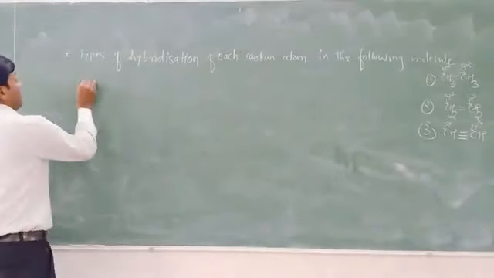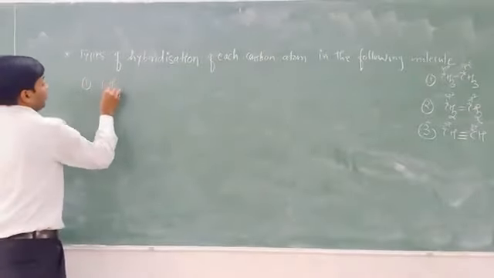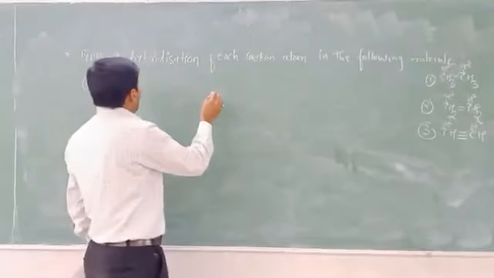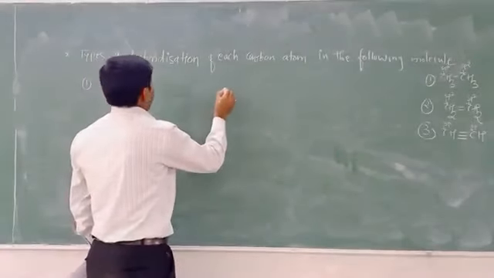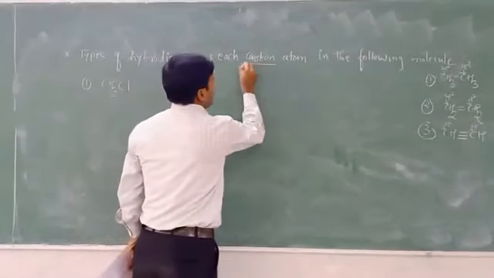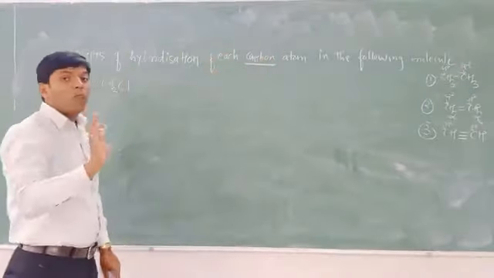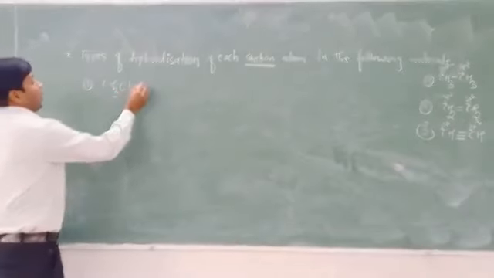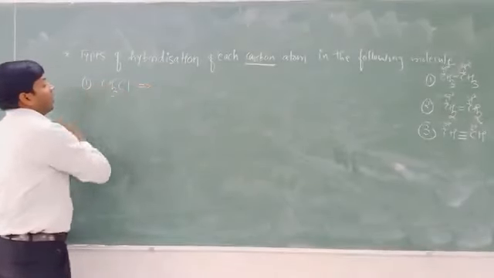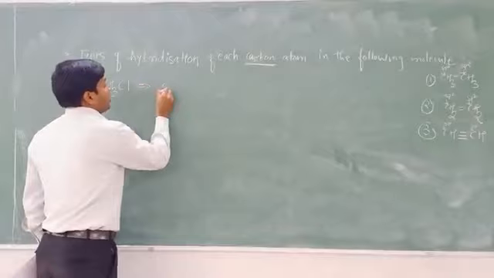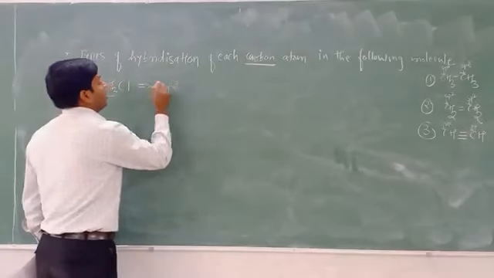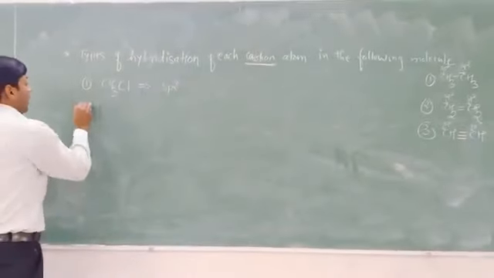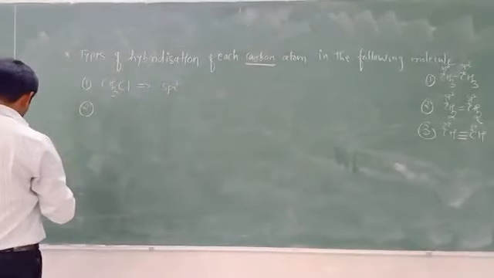The first example we discuss right now is CH3Cl. You have to find the hybridization of the carbon atom only, not nitrogen, not the oxygen atom. So in CH3Cl, what carbon atom is there? This carbon atom has sp3 hybridization, because I said it is the carbon atom having single bonds. Second example we will consider.